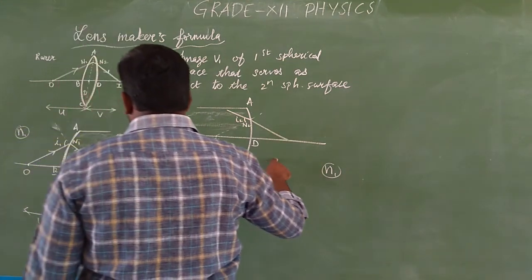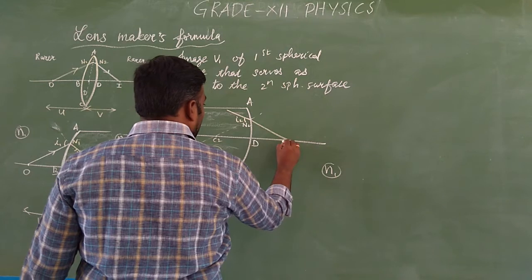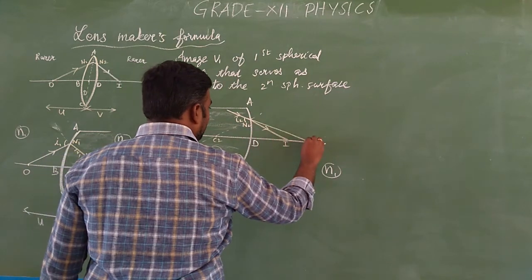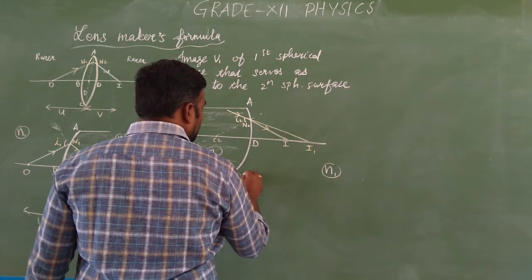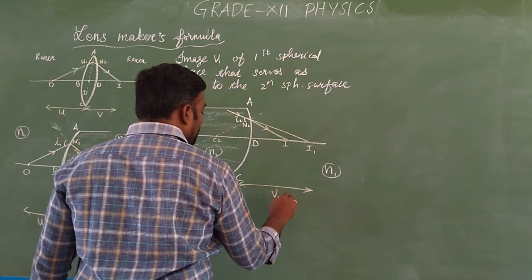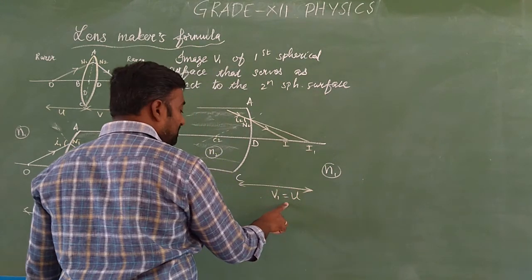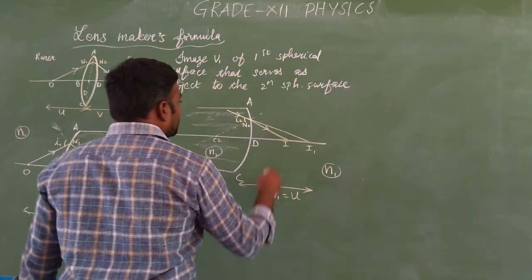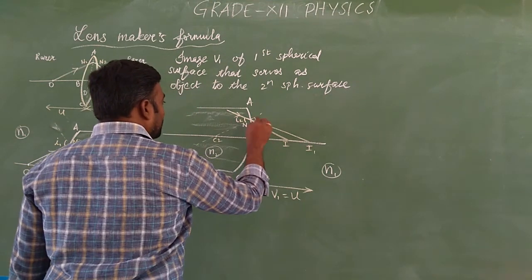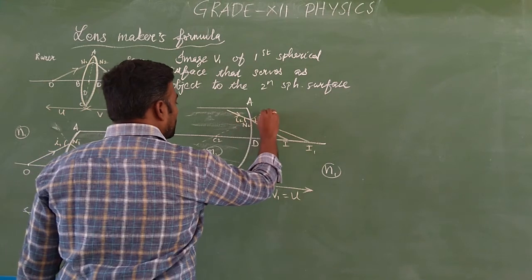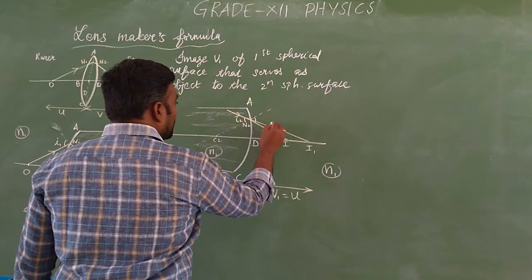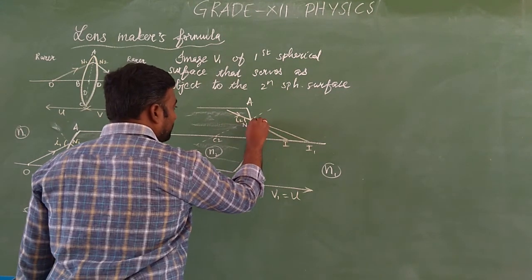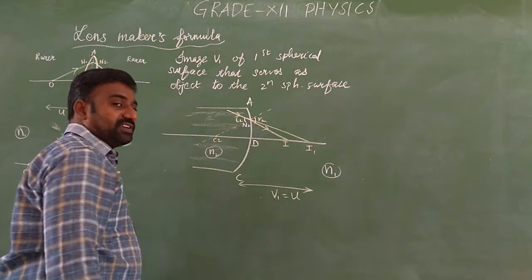This is the actual image formed by the second spherical surface. This image is formed due to the object of the second surface, which is the image of the first spherical surface. That is V1. So V1 serves as the object distance, the object to the second spherical surface, hence an image is also obtained. This is the incident ray and this is the normal. From denser to rarer, does the ray bend towards the normal or away from it? It has to go like this, but it bends away from the normal. So this is the angle of refraction.